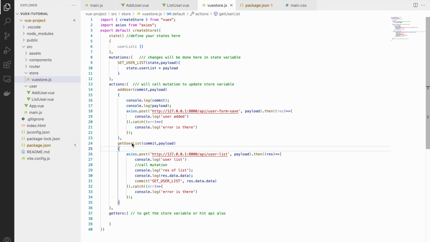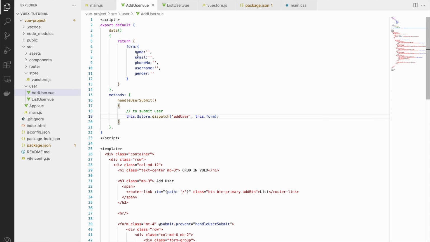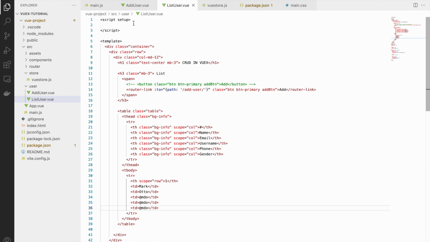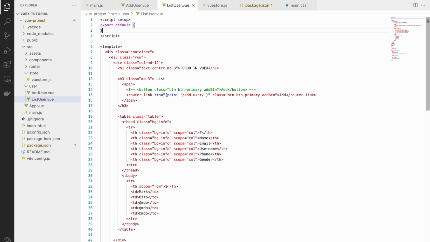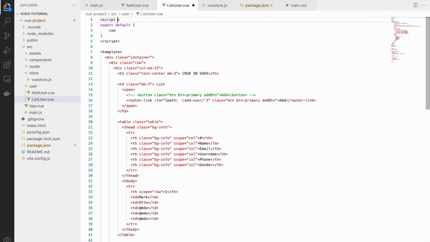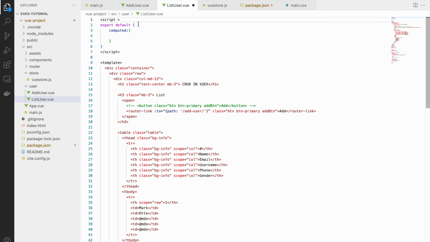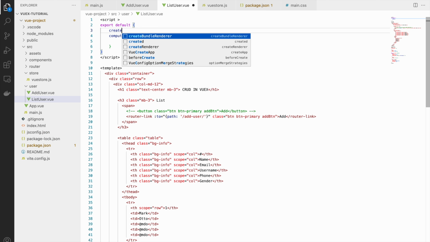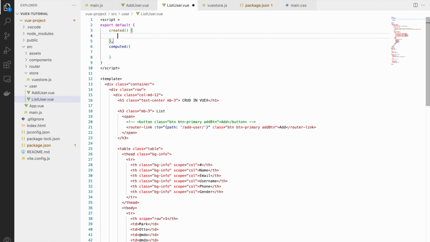So now in store we have defined everything, but in our component we need to call our action, that is get user list. So in list user, let's write export default. Now here two properties we need: one is created and another one is computed. Computed we will be using to get our user list,